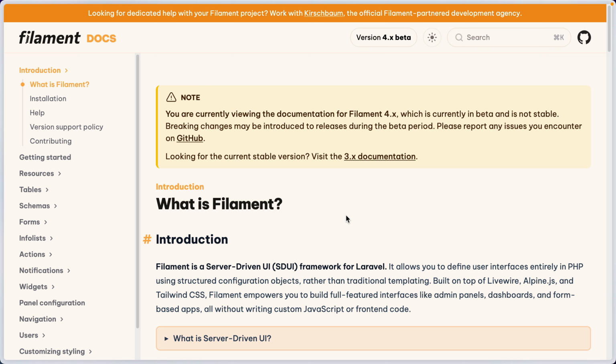Okay, so what is Filament? Filament is a server-driven UI framework for Laravel. It allows you to define user interfaces entirely in PHP, using structured configuration objects rather than traditional templating. Built on top of Livewire, Alpine.js, and Tailwind CSS, Filament empowers you to build full-featured interfaces like admin panels, dashboards, and form-based apps, all without writing custom JavaScript or